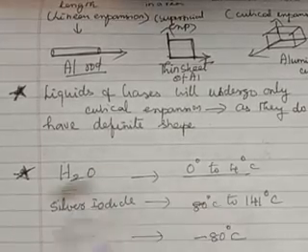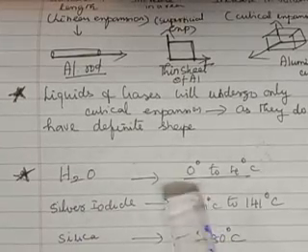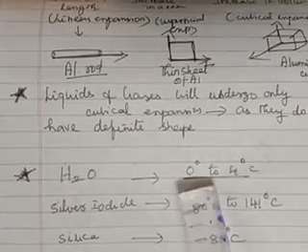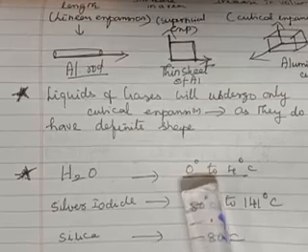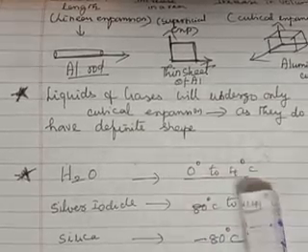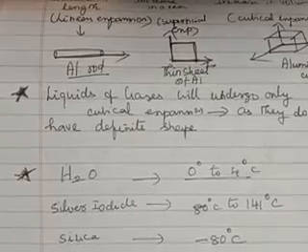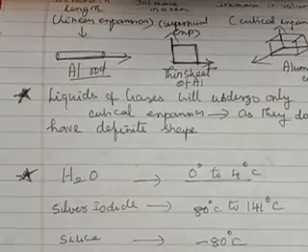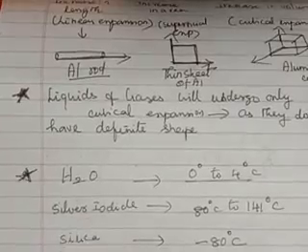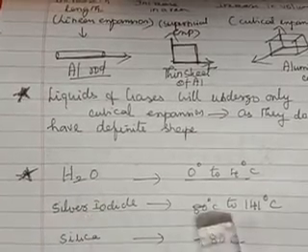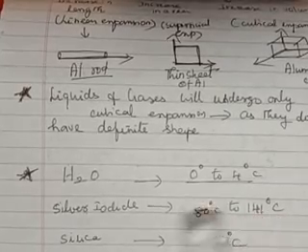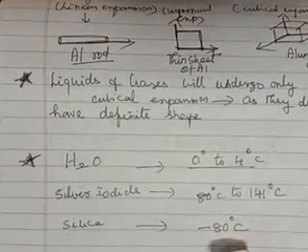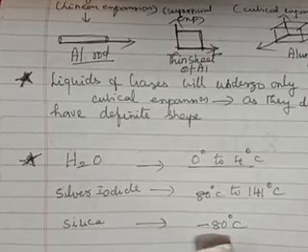Water behaves abnormally from 0 to 4 degrees Celsius. When you heat water from 0 degrees Celsius, of course it is in the crystalline form, but still, between 0 and 4 degrees Celsius, it undergoes anomalous expansion. We will learn in detail. I am just mentioning what kind of behavior the water will undergo. Same way, there are two other substances which you have not learned. This is new this year. One is silver iodide. The anomalous expansion behavior is between 80 degrees Celsius and 141 degrees Celsius. Then silica, which undergoes anomalous expansion at around minus 80 degrees Celsius.